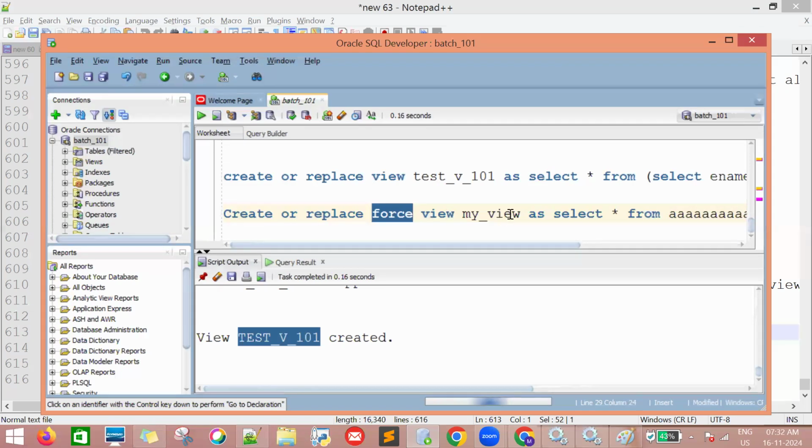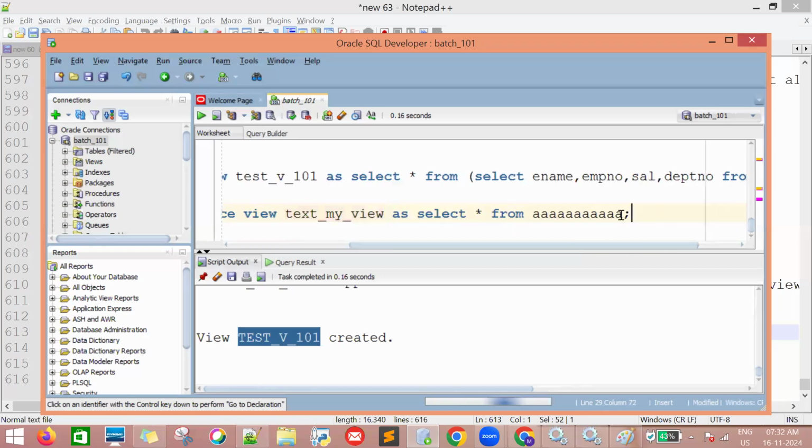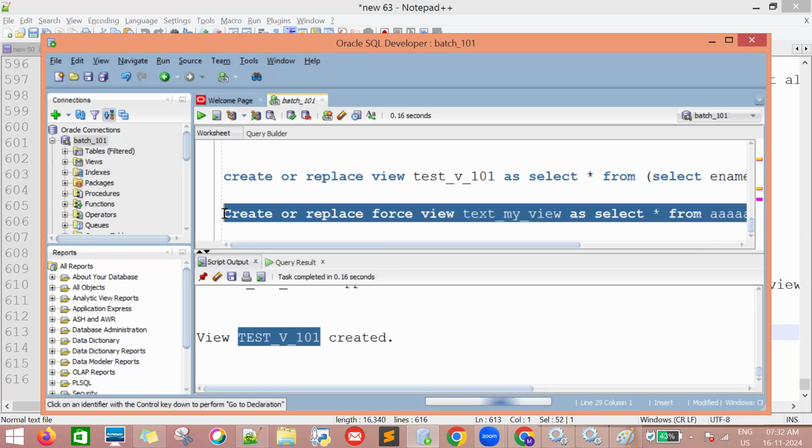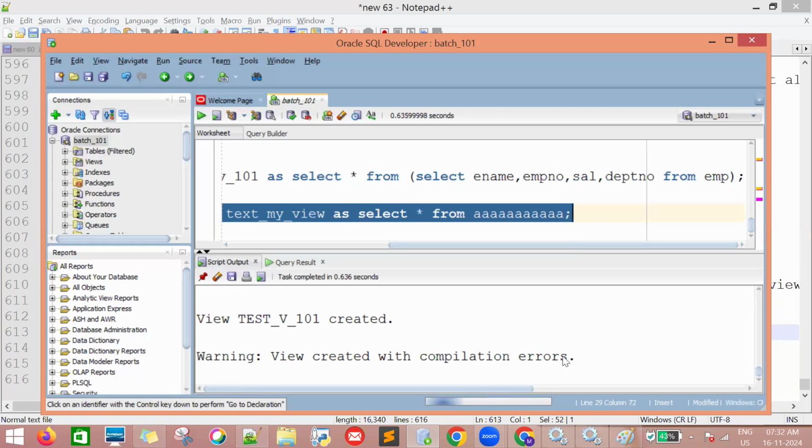Force view. So let's say text. I'll put text because I created that view. Text my view is the view name, as selected from this one. So here the view is created, but with error. We'll get the message: view is created with compilation error. So if you go and verify this view,